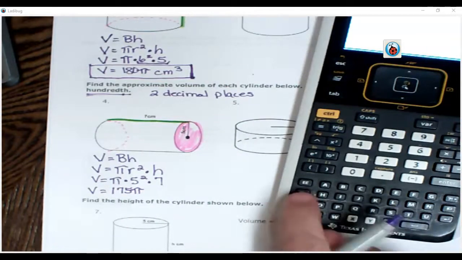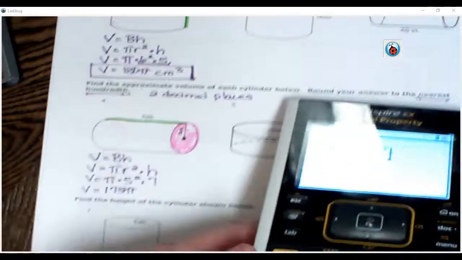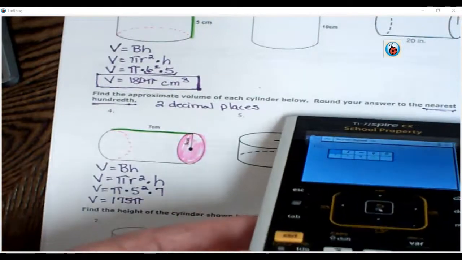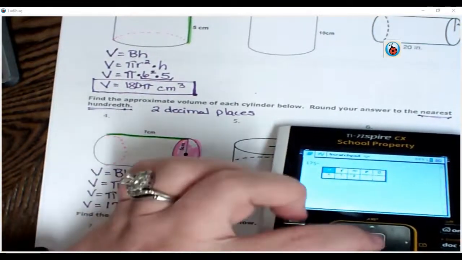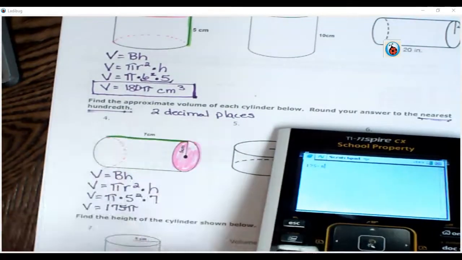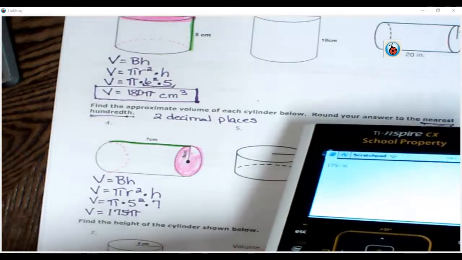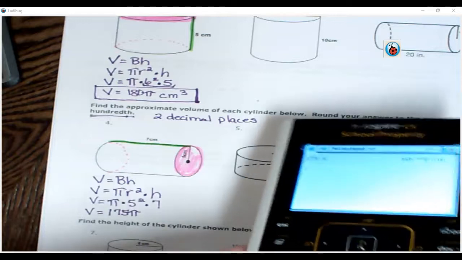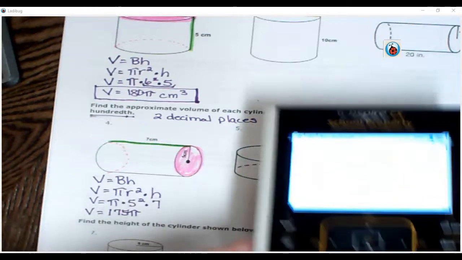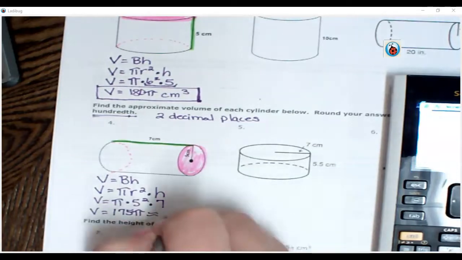So I push the button, it's right next to the H. When you do that, you see this little pop-up screen. That very first one that's highlighted, that is your pi, so you can hit enter, and then you should see that pi symbol come up in your screen. Hit enter, and we want it rounded to 2 decimal places. So volume is approximately